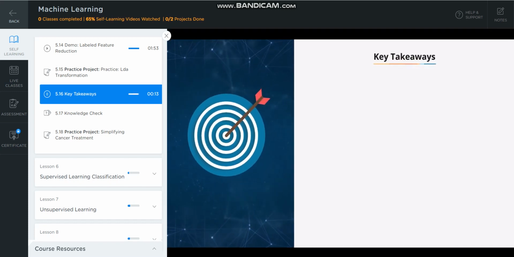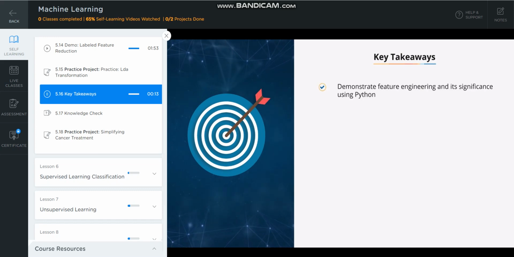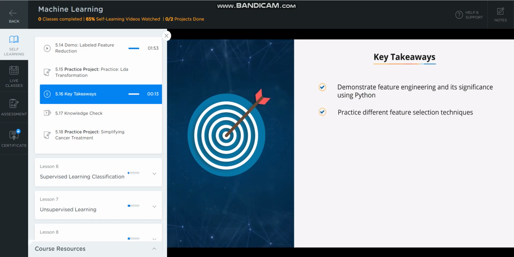This brings us to the end of feature engineering. You will now be able to demonstrate feature engineering and its significance using Python, practice different feature selection techniques,